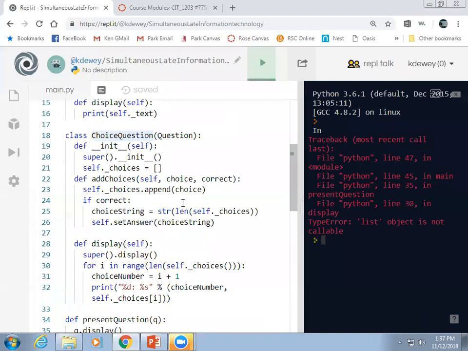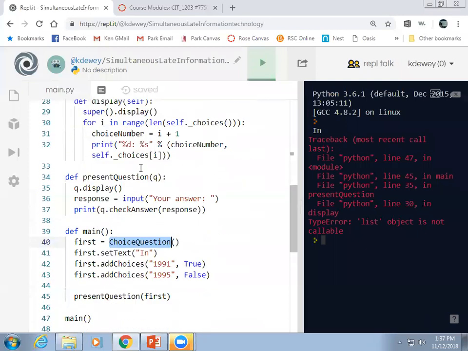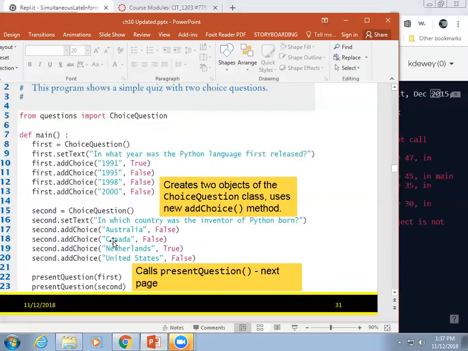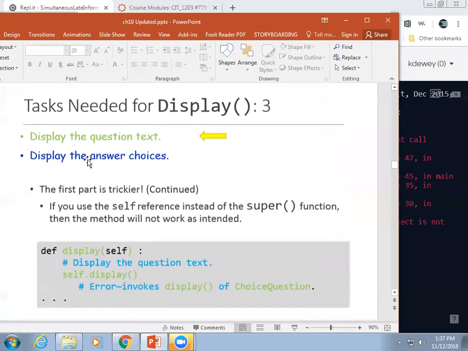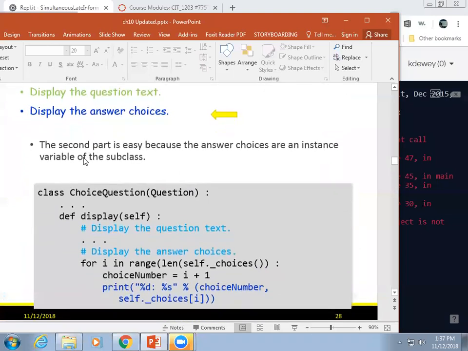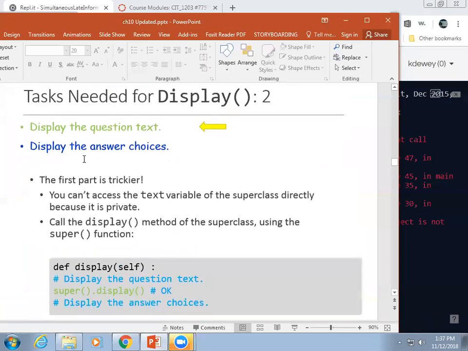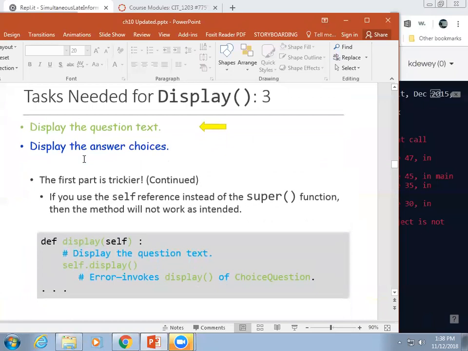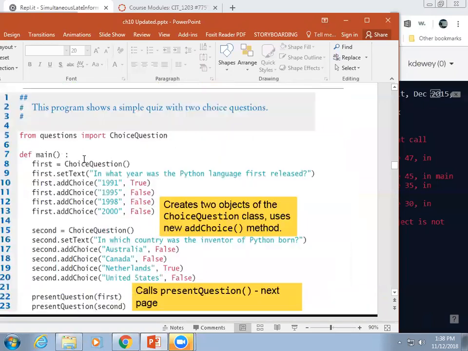Is there an argument in choice question when you call it? Or would it already just call the superclass? It calls this here. I have no idea what's actually happening in this. Oh, we got to figure it out. There's a lot of stuff. Okay, so we called choice question right there, and choice question was defined there. That's correct. And we added our super display. We couldn't add self, we knew that. Display self. We need an error, and